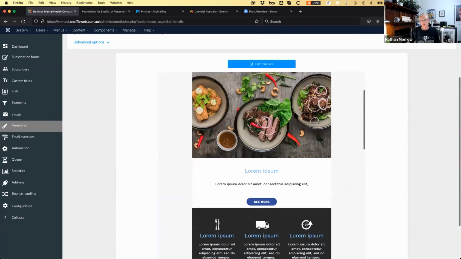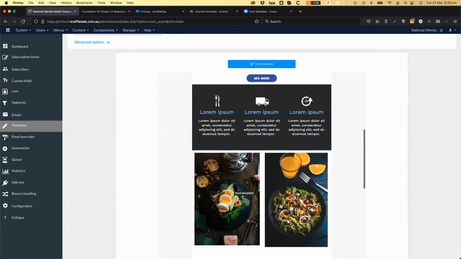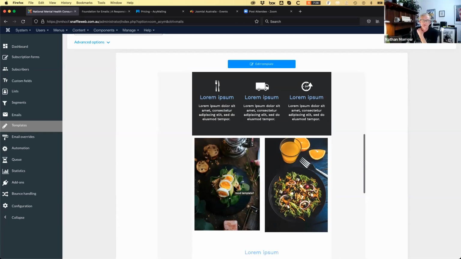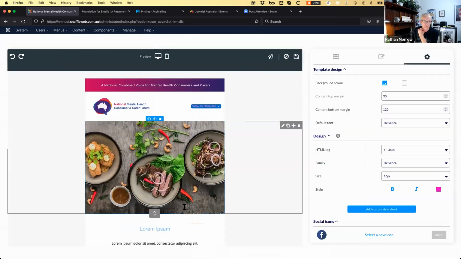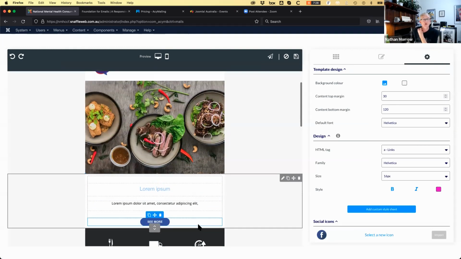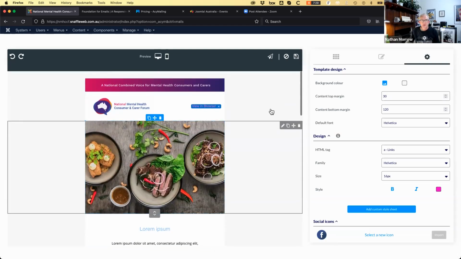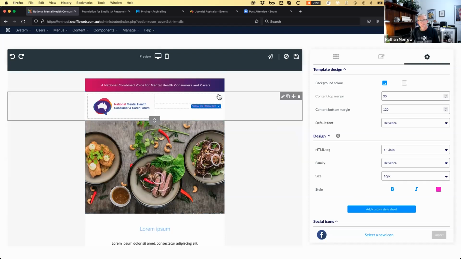Now, the one thing with the Google fonts is that they display in this and they display in the actual emails, but they don't display in the edit window. This would be the integration that people are waiting for, so that it does. I haven't found that to be too big a problem. It's not a big impediment to actually editing the email. Now, where am I?